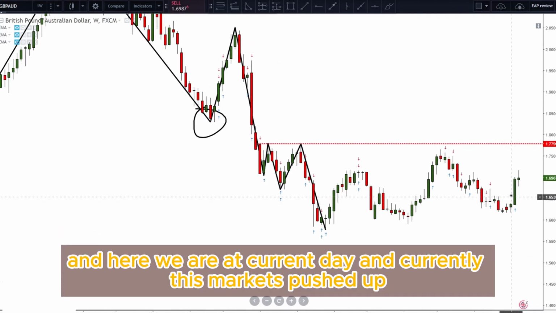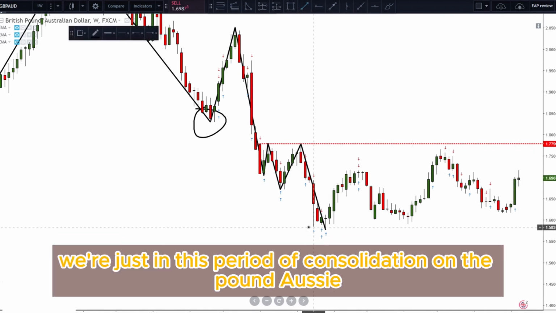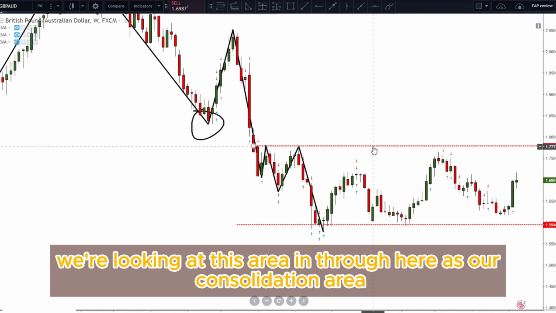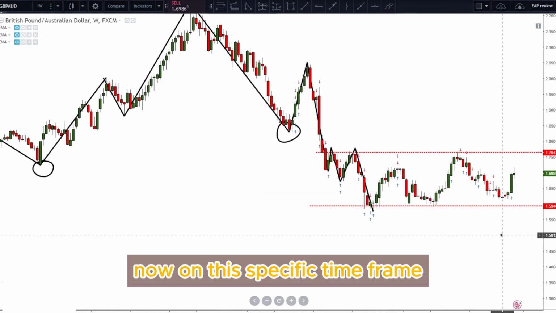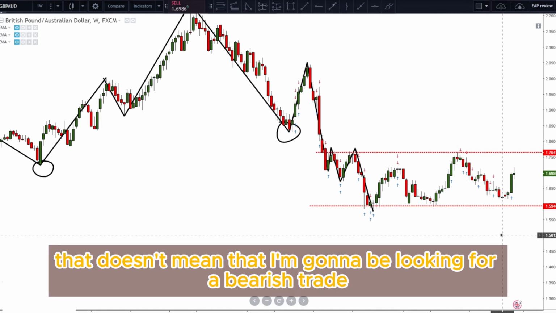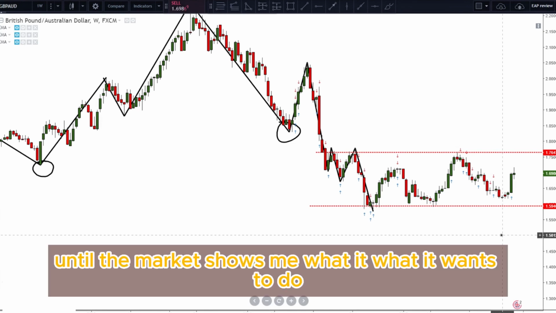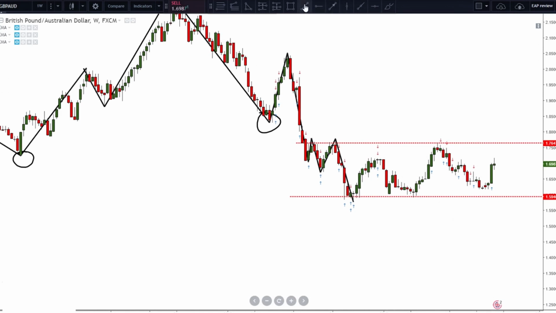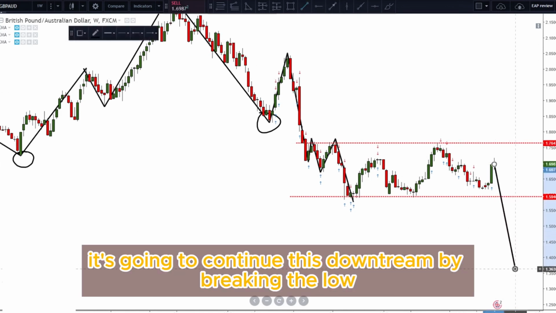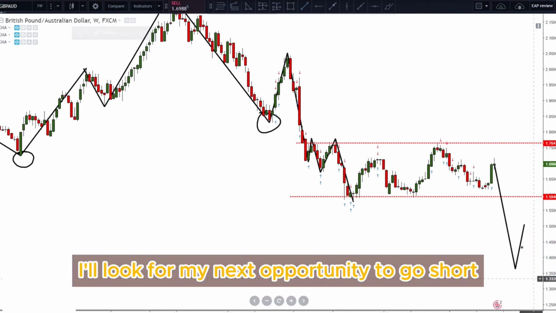And here we are at current day, and currently this market's pushed up. So right now, guys, we're just in this period of consolidation on the pound Aussie. We're looking at this area in through here as our consolidation area. Now, on this specific time frame, because of this consolidation we see, that doesn't mean that I'm going to be looking for a bearish trade. When I see markets that look like this, I just avoid them altogether until the market shows me what it wants to do, until the market shows me it's going to continue this downtrend by breaking the low. Then after the market shows me what it wants to do, I'll look for my next opportunity to go short,